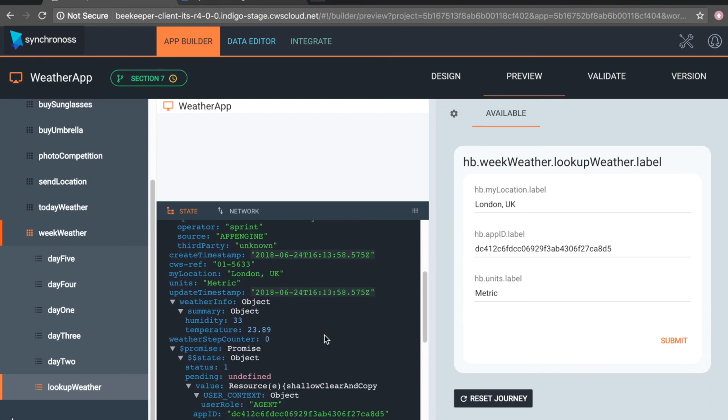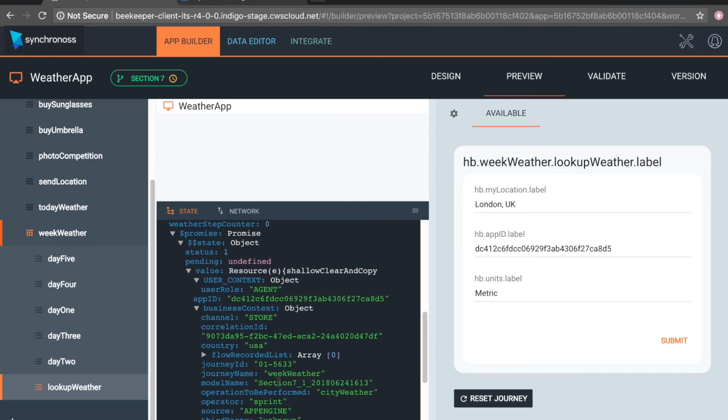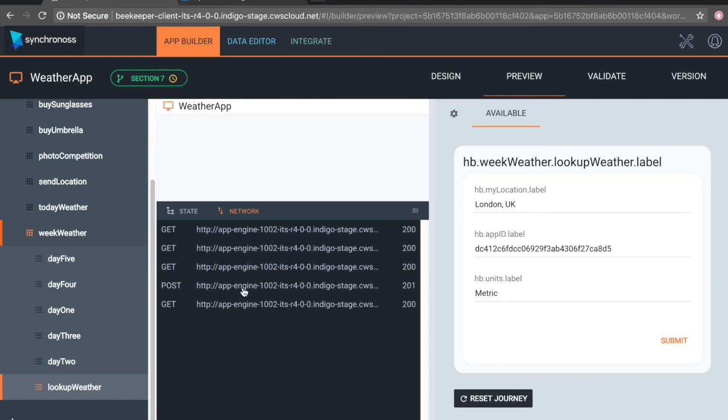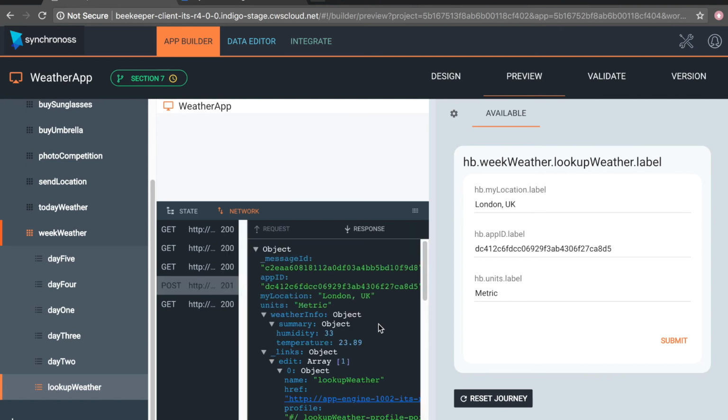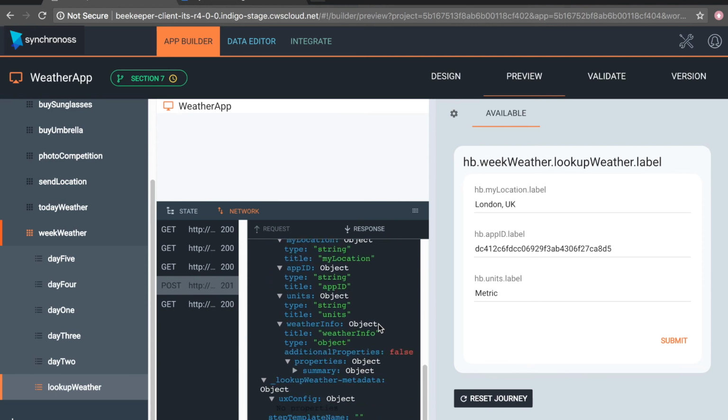To do that, we can also check the state by having a look at what has come back or what's been saved in the state. So we can have a look at the updated timestamp object. Once we go into that, it will give you the current timestamp of what's currently available in the state. Inside that, we have the weather info objects, and then inside that, we've got the summary objects, and then we have the values returned from the OpenWeather API: humidity, which is 33, and temperature at the moment for London, UK, which will be